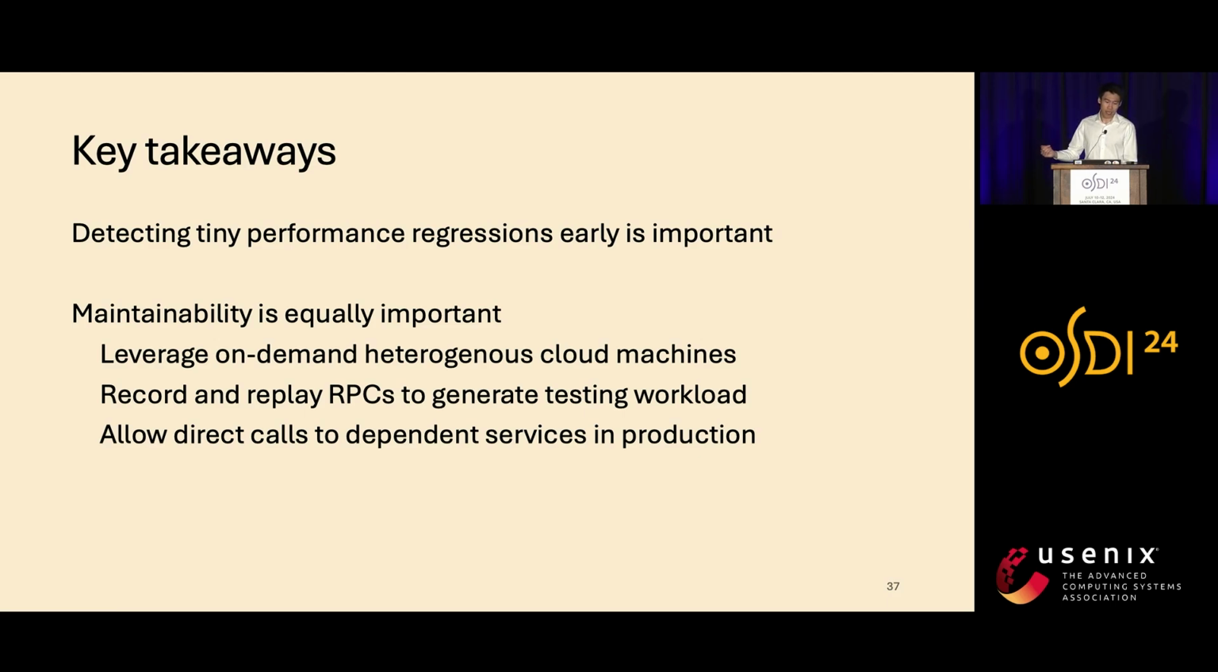And so today I talked about ServiceLab and our experience with using this with one of our key services at Meta. I want to point out that detecting tiny performance regressions is really important for us. We want to be able to empower our developers to find these performance regressions early and fix them. Equally important in operating this performance testing platform is maintainability. We leverage on-demand heterogeneous cloud machines to be able to do our testing. And we also use record and replay to make a more maintainable performance testing workload. And we allow our test environments to talk to production so that we don't have to maintain a separate test